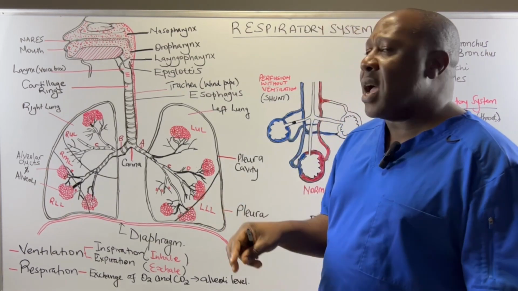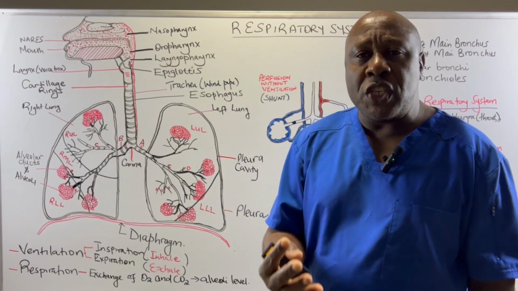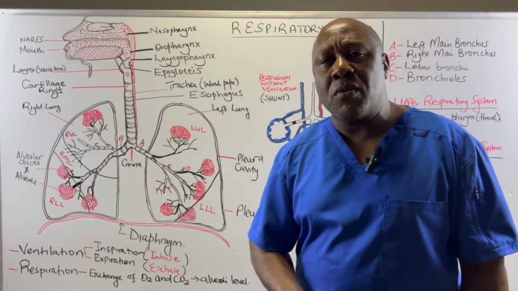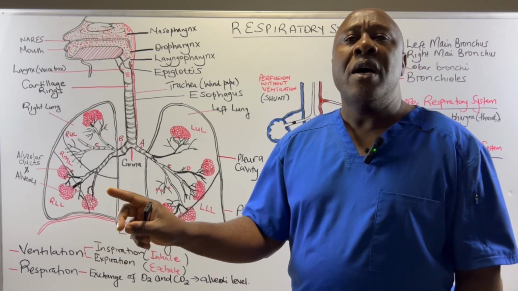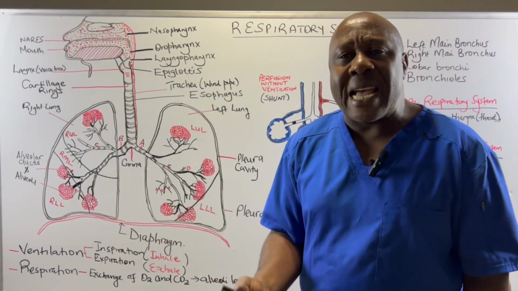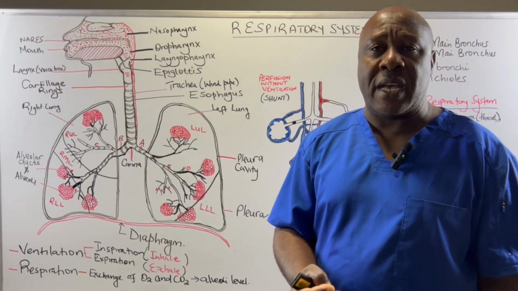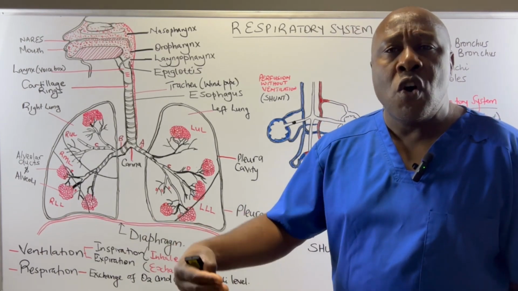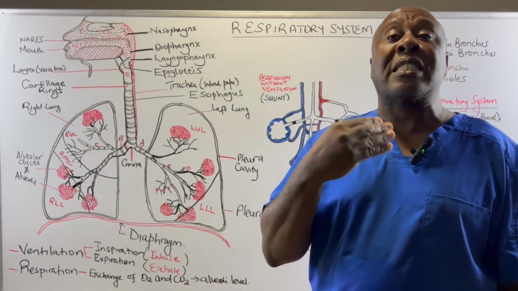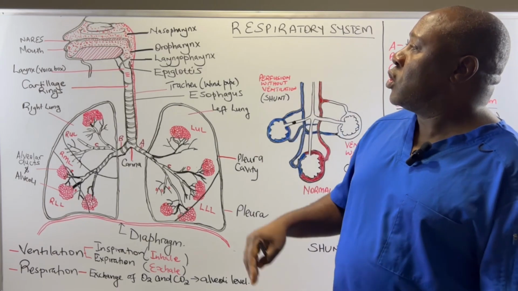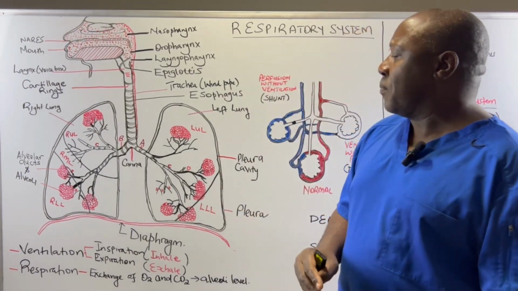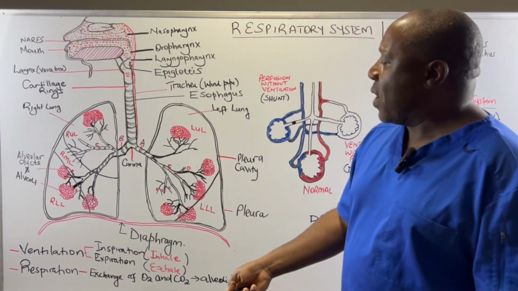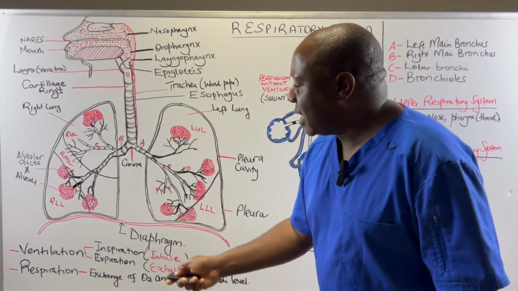So in the alveoli, there is more oxygen concentration than in the blood. So the oxygen crosses the membrane into the blood. In the alveoli, there is less concentration of carbon dioxide when compared to the blood. So CO2 moves from the blood into the alveoli so that it can be expelled out of our body. So the respiratory system enables the movement of air in and out of our bodies via the processes of ventilation